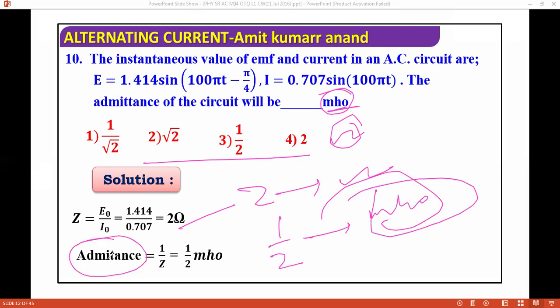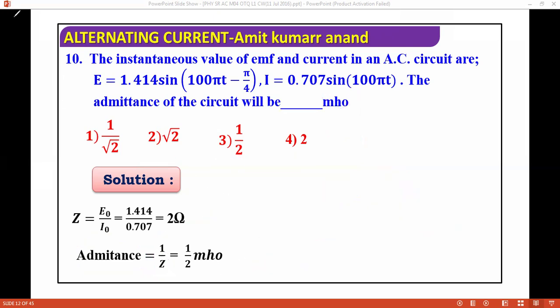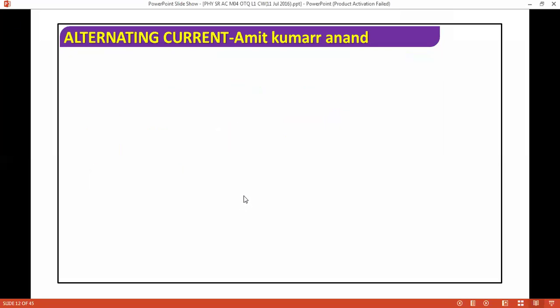Here I'm talking about these new terms. Here, admittance. Admittance is nothing, you can just play with units. So you can do this question carefully and easily. This is an important concept. You can play with units directly. I hope all of you understood all the things. Thank you.